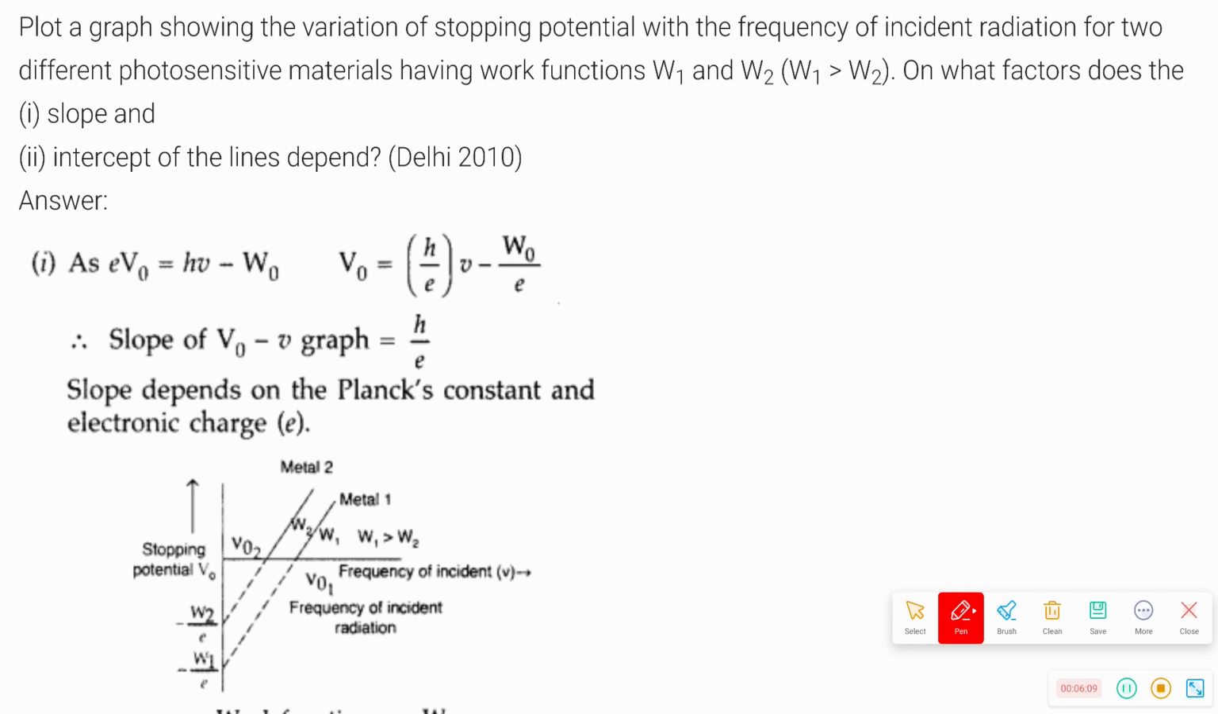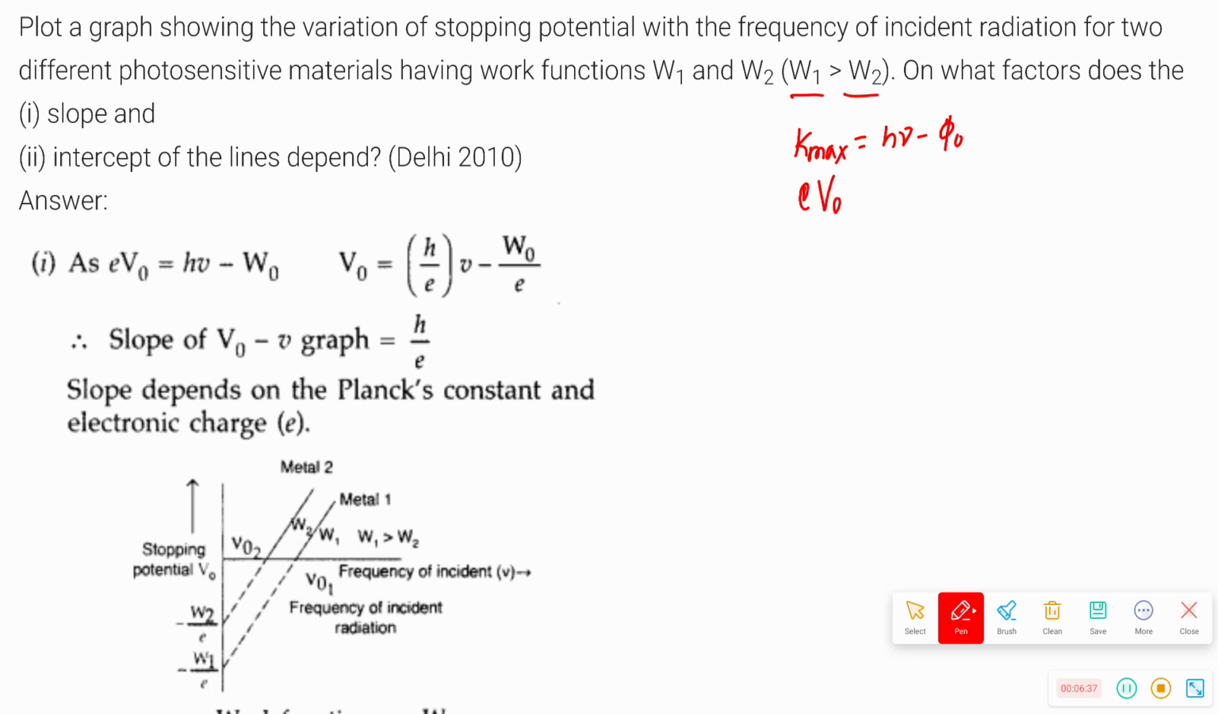For one metal, work function means metals are different, no? For one metal you have to draw only one graph. Here two metals are given. But remember, they told us the work function W1 is greater than W2. So first, remember according to Einstein's photoelectric equation, Kmax equals h nu minus phi naught,